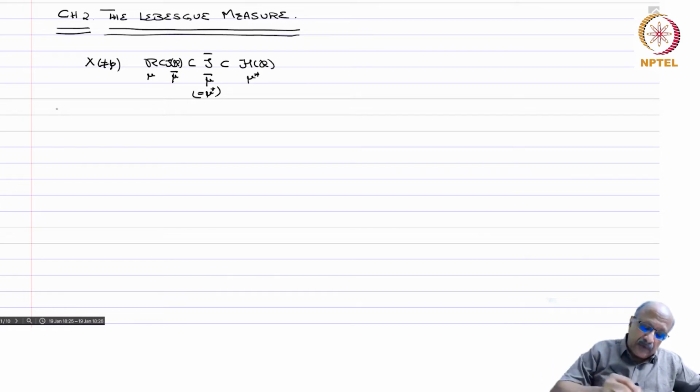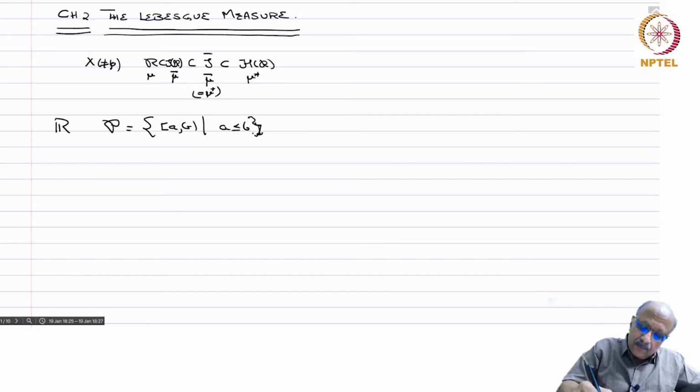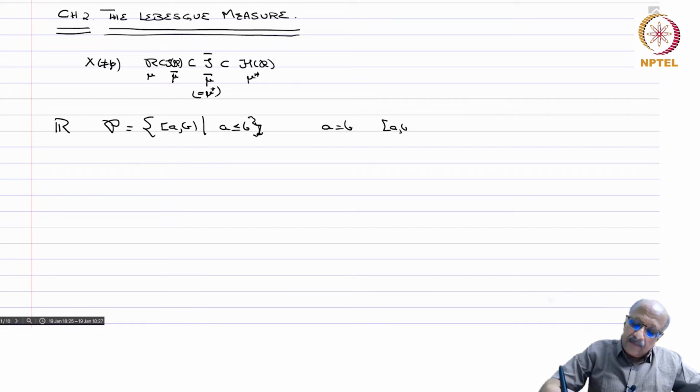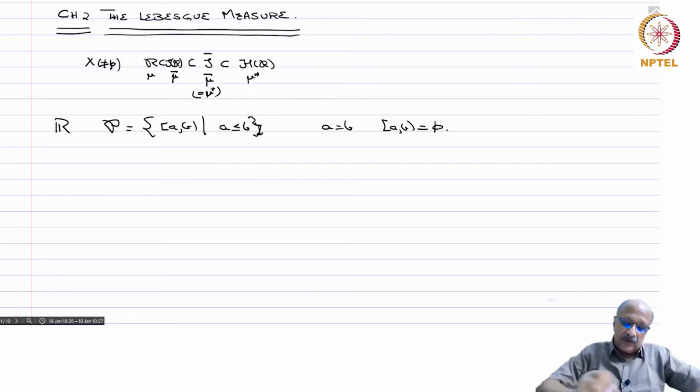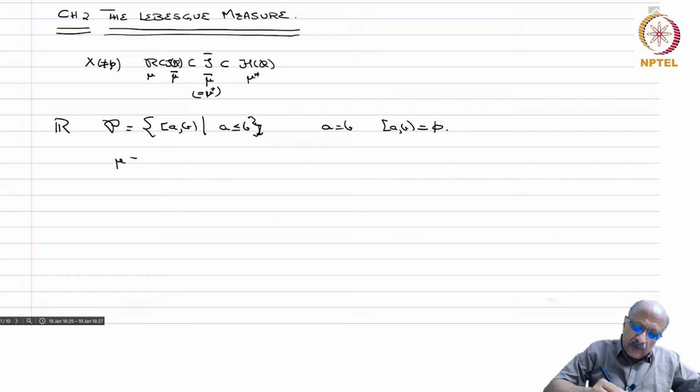So we are going to start with R. We will do everything in R, but you will see immediately how to extend it to Rn. So in one go we will finish everything. If you take R, recall that we had this example, P is equal to the set of all [A, B), A less than or equal to B, semi-closed, semi-open intervals. Okay, so if A equals B, then you say [A, B) is the empty set. This is the convention which we are following, and we are going to define on this mu of [A, B)